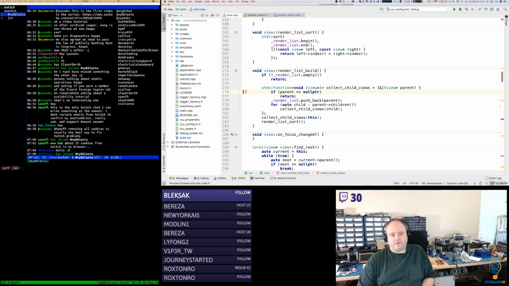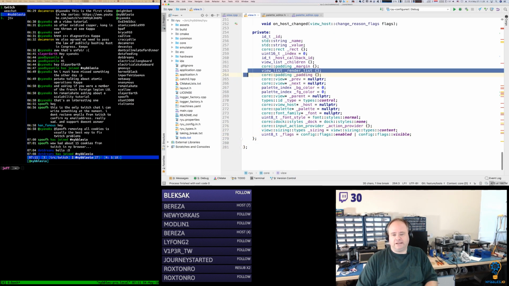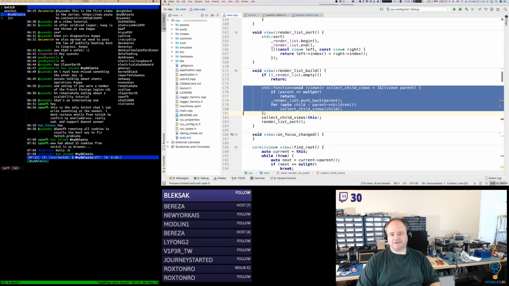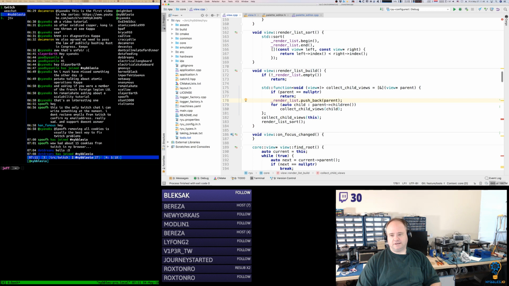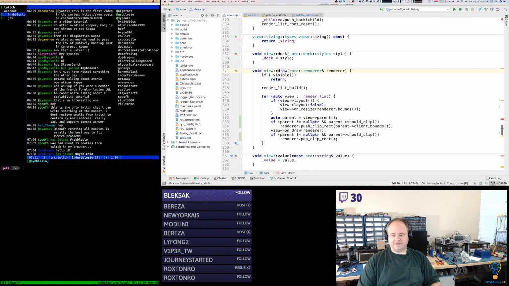So now I'm wondering if the render list should be something more complex than just the view list, which is a standard vector of view pointers, because I'm wondering if during the collection process I can apply this logic then, right?